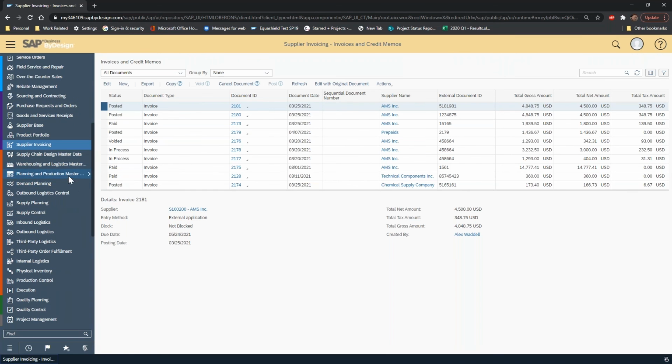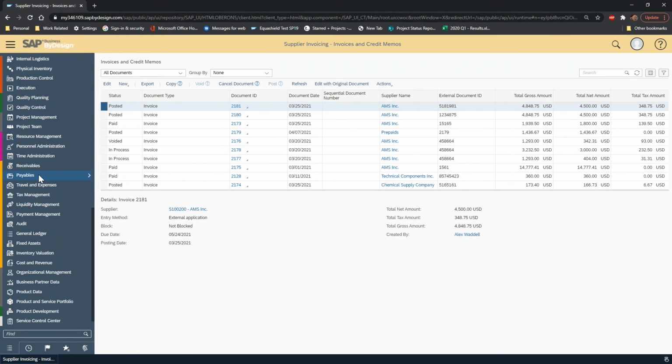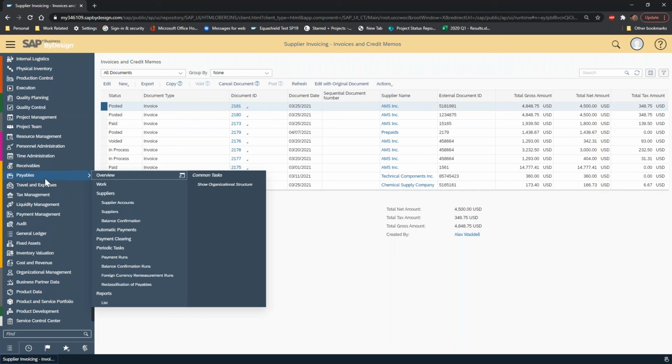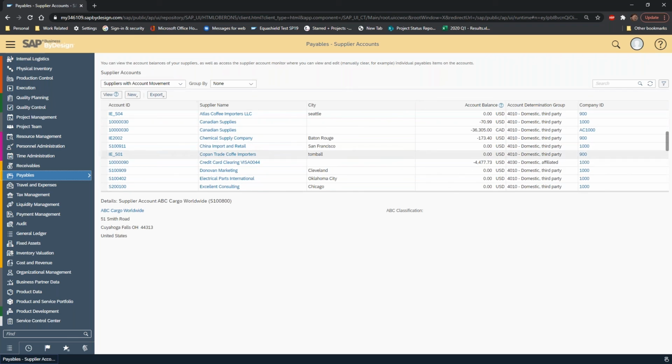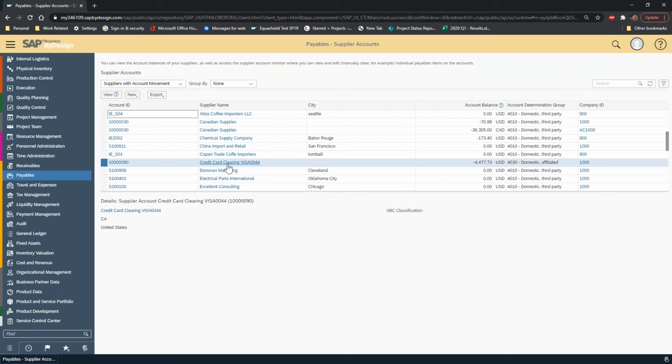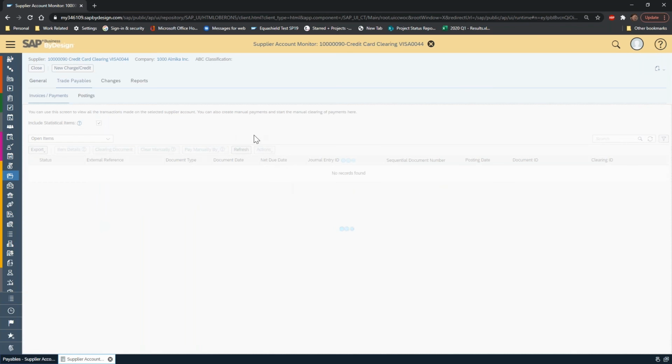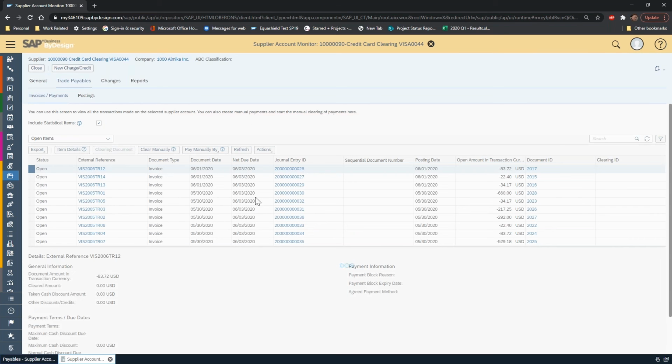Just to expand on that, we could do a whole Q&A cafe on that alone. If I were to go into my payable supplier accounts, I have an example where I was playing around with credit card clearing. Credit card maybe automatically gets paid out of your bank account, but typically the challenge is the payment happens and you're just chasing people down to find out what the charge was for. So maybe you have them sitting in here as things you uploaded, all of the dollar amounts based on